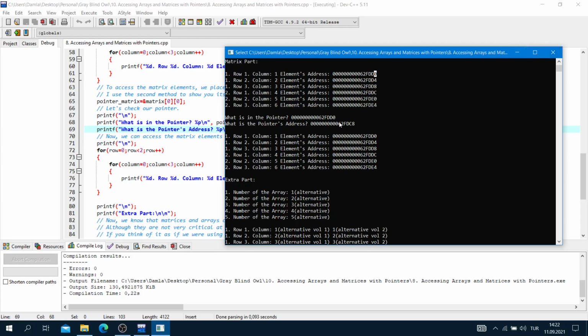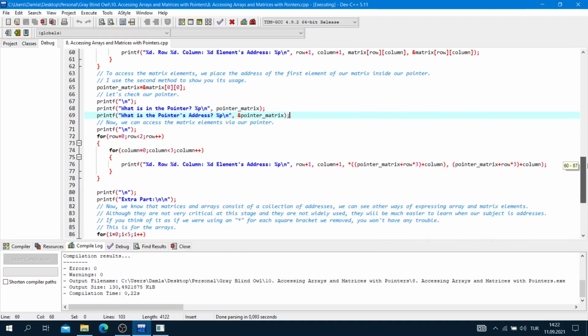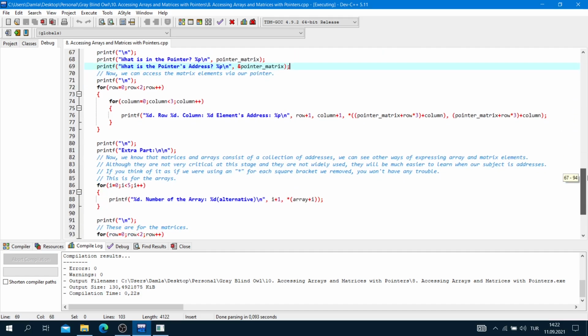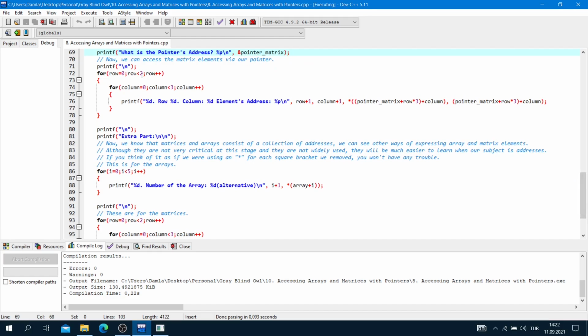Okay, and this is our pointer's address, 62FDC8. Now we can access the matrix elements via our pointer. For row is equal to 0, row is less than 2, and row plus plus.